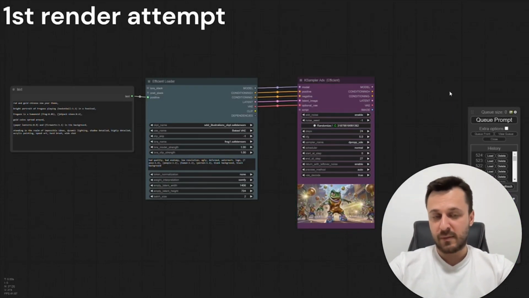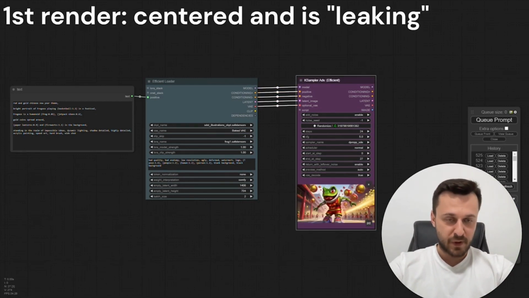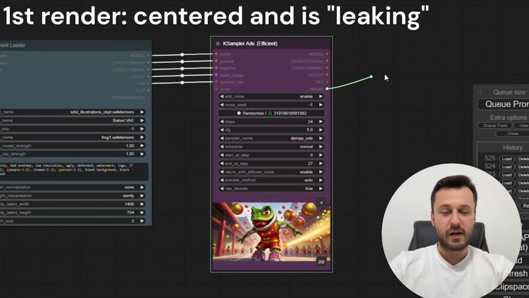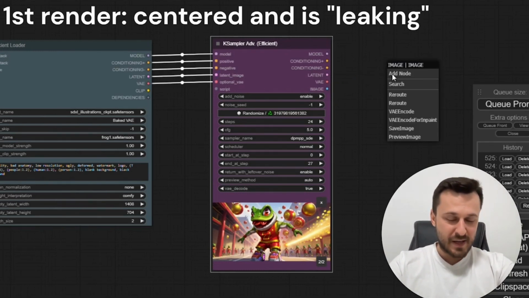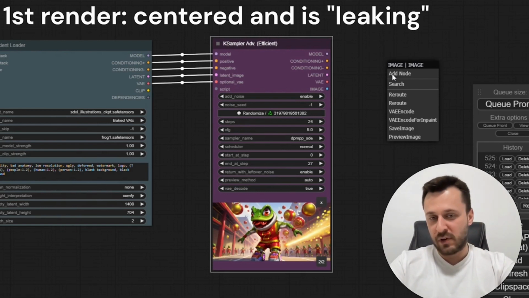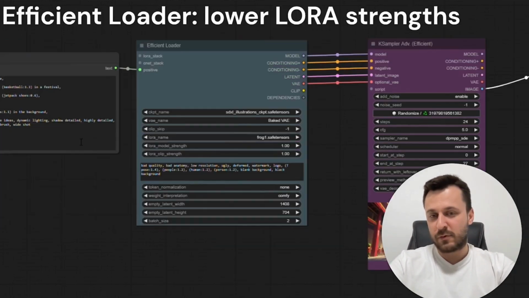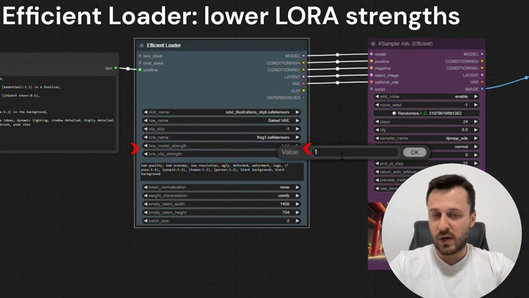This is the first attempt to render an image, and we have two main issues with the output. The first issue is that the character is positioned in the center of the image, so it doesn't work well with our UI layout. And the second issue, which is quite difficult to see here, is that our LoRa is severely leaking to the entire rendered image, and we can see that the characters in the background are a little bit froggish. In order to attempt to fix it, we're going to reduce the strength of the LoRa from 1 to 0.75